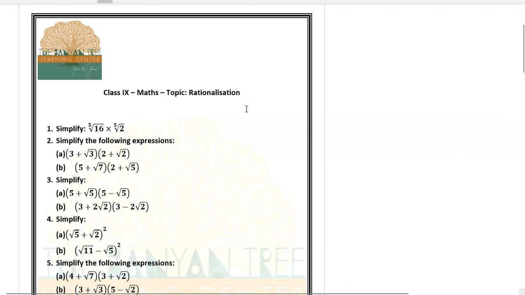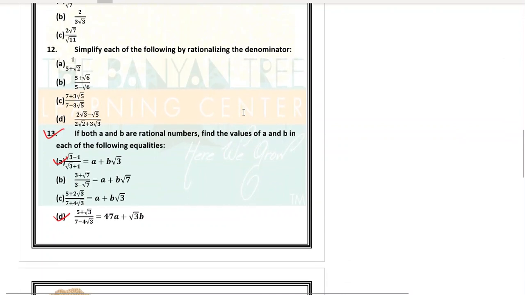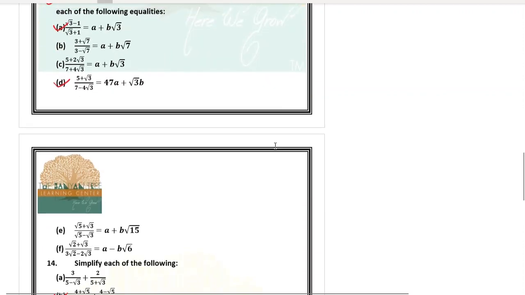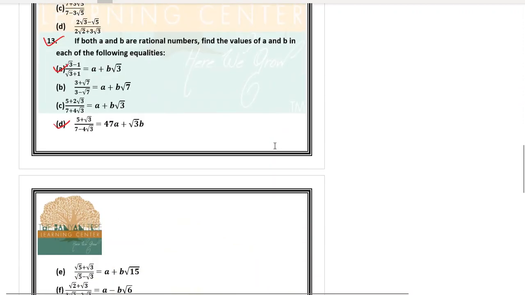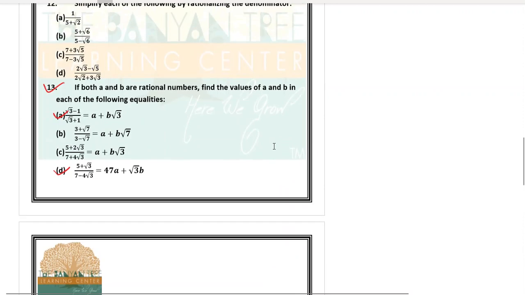Okay, the first doubt from this second worksheet, the rationalization worksheet, is question number 13. Now it has got two doubts in it. All sums from question number 13 are very similar. Some student has told me that the whole question number 13 is a doubt. That is fine, very good that you have left the whole question as doubt. But if I solve a couple of them, you should be able to solve the rest of them, right? Because I want you to get the answer rather than me solving everything for you. If you get the answer yourself, that confidence is incomparable. Okay, so let's start with question number 13 here.